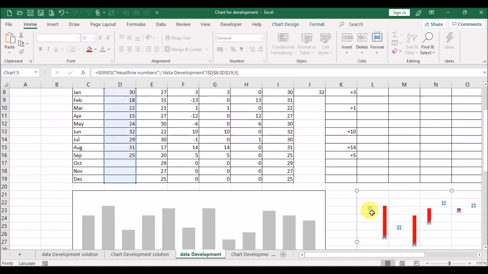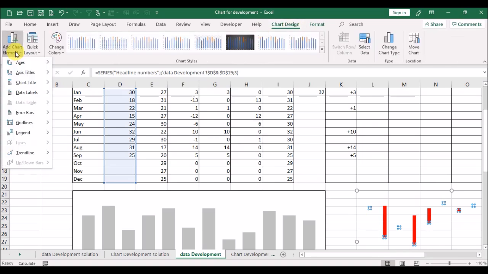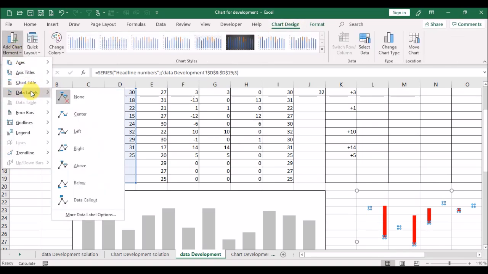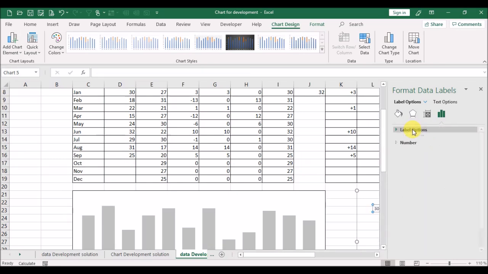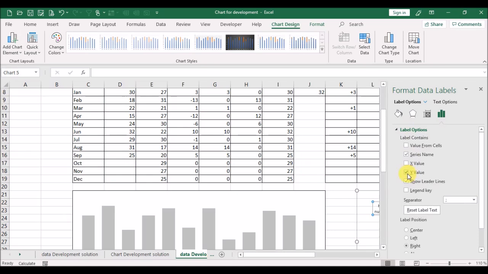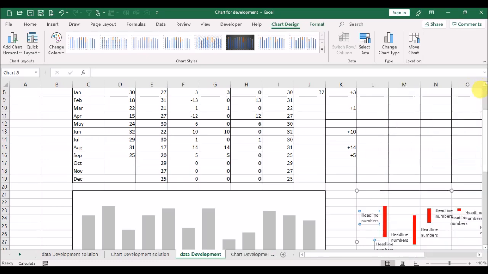So we mark here the serial numbers, go to chart design, add chart label element, data labels, more data label options. Then we mark the series name, deactivate Y value, and we say below, and close the window.